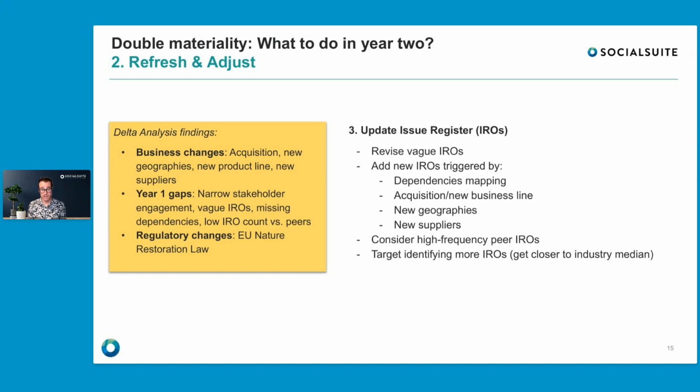It might mean that you may have not gone deep enough or far enough or broad enough. So have a look again at your peers and competitors. What type of IROs are they actually listing? And what are some ways for you to identify more IROs? It's not about reaching exactly that number. It's more directionally to get a sense that, hey, maybe we should be doing a bit more work. Maybe there are more potential risks and opportunities that we have not identified, or there are more potential impacts that we haven't focused on.